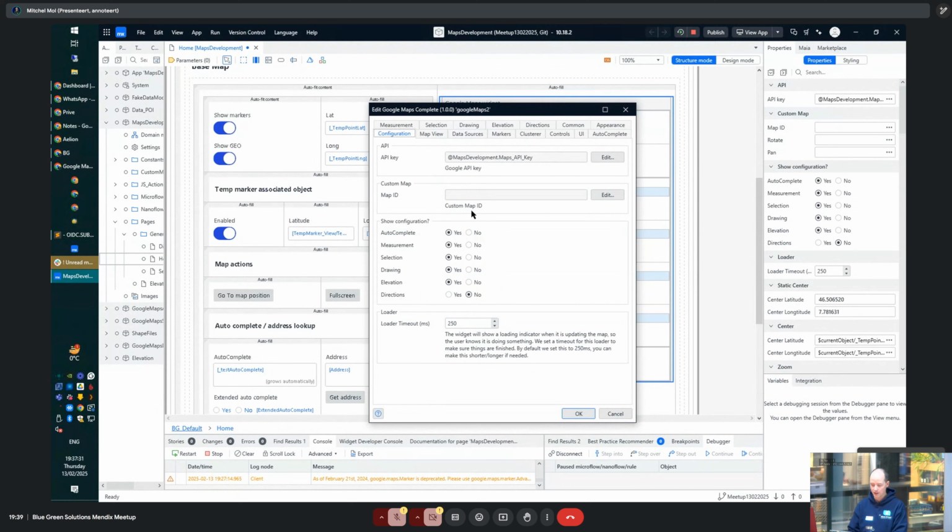That's why you generally start with nothing enabled, and you work your way through what you need, because that's why this is also your starting tab. You see, okay, I need autocomplete. Okay, I enable autocomplete, and then I see a tab visible. From the user perspective, you won't see a map with everything on there either, because that's generally not the use case. But having everything in one widget allows us to train at least our people on that same widget and not having to combine multiple Google Maps widgets in one app.